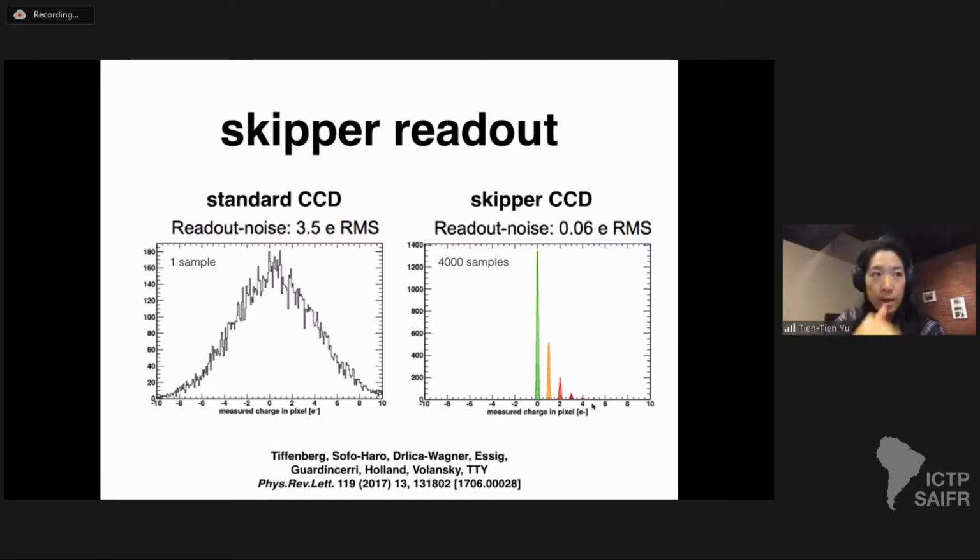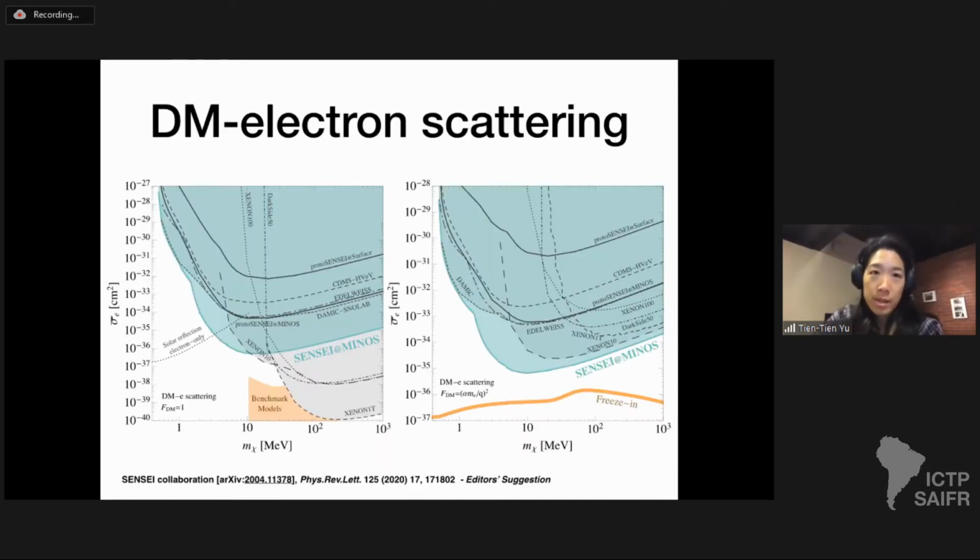And in that plot I showed of the direct detection parameter space, it meant that we can now go down to that green line that said one electron. Not quite there, because we still have dark counts, so we can go down to two electrons. But this was a big breakthrough in sub-GeV direct detection technology. Like I said, Sensei is not the only experiment looking for sub-GeV dark matter. I'm just a bit biased towards it because it's my experiment.